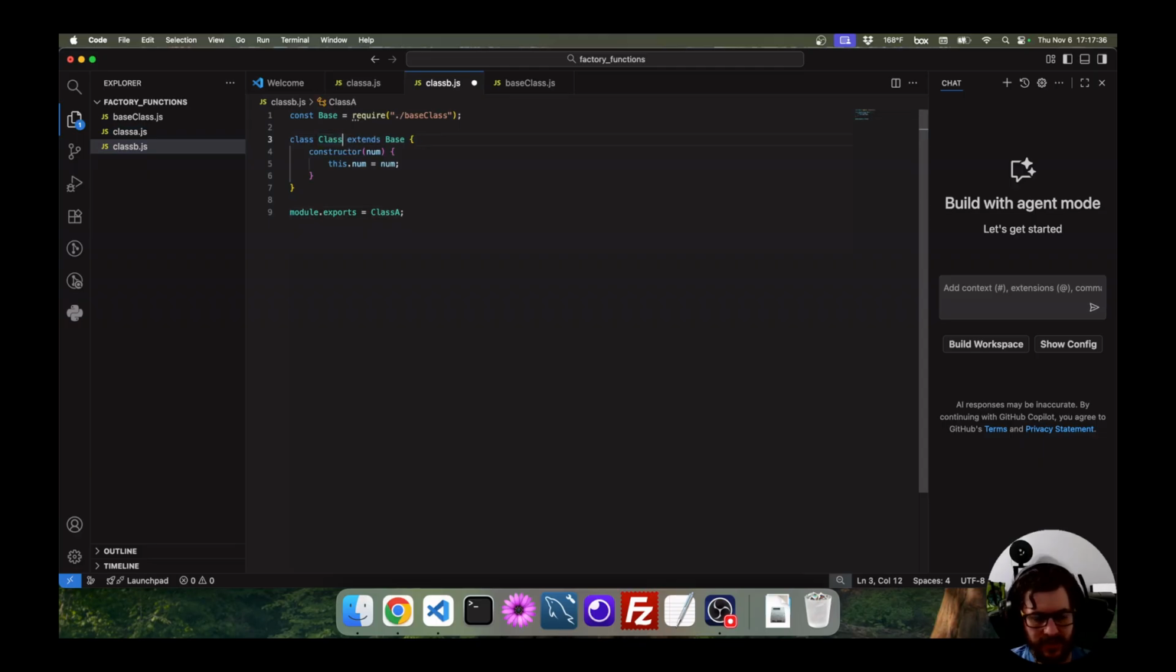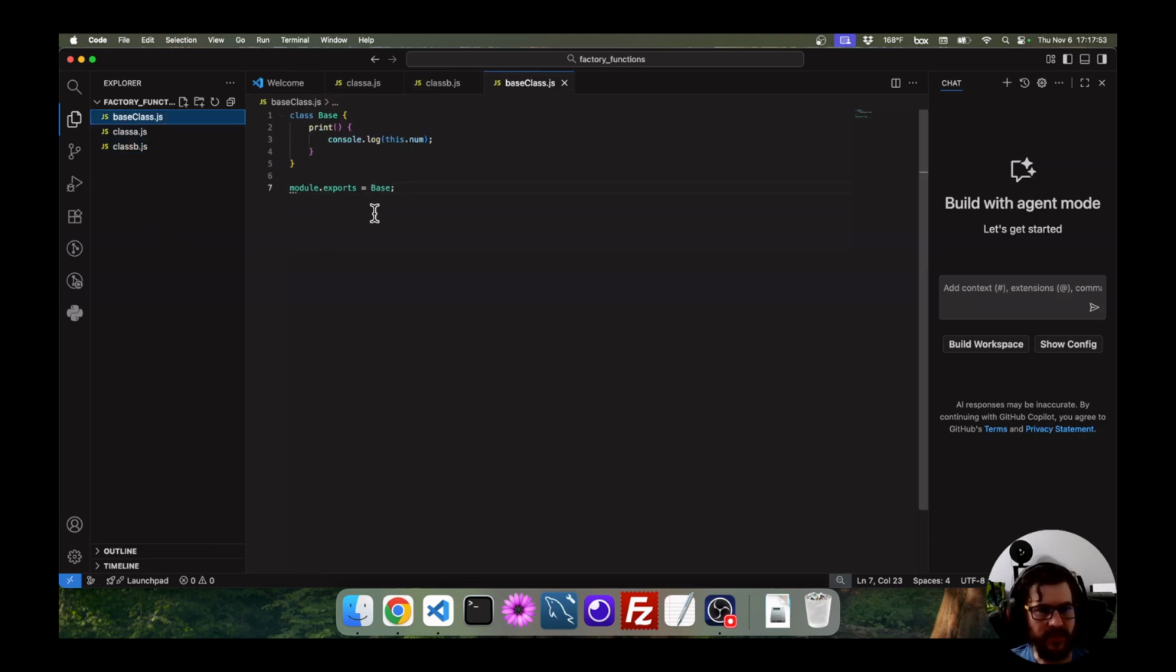All right, so then this is just class B, and so now what we have is two classes. We have our base class, which has that print method, and class A sets the number, class B sets the number differently, but they both have the same print method. So now if I want to create a factory on this,